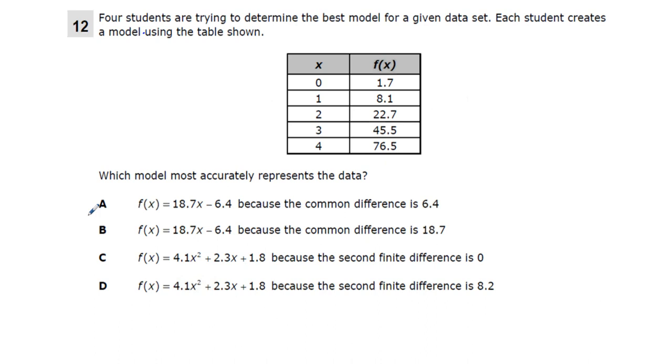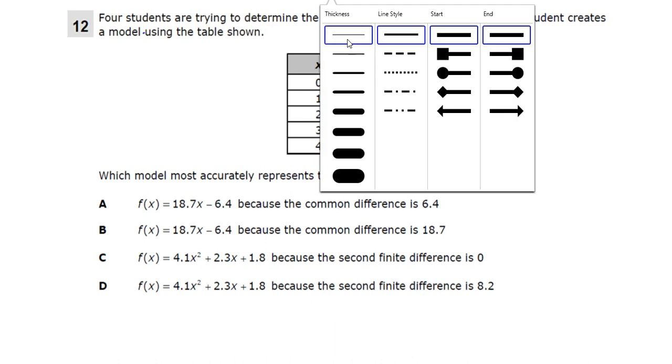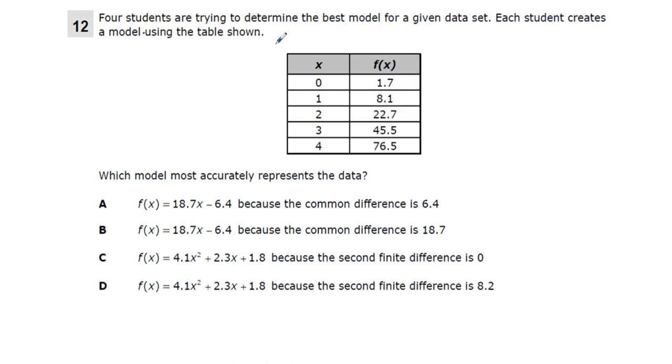Next, 12. The students are trying to determine the best model for a given data set. Each student creates a model using the table shown. And we have a common difference, which is first difference, and second finite difference. So we can just go to work on differences and see what they're looking like. And we know on the left side we're going plus 1 every time, so that's easy. On the right side,